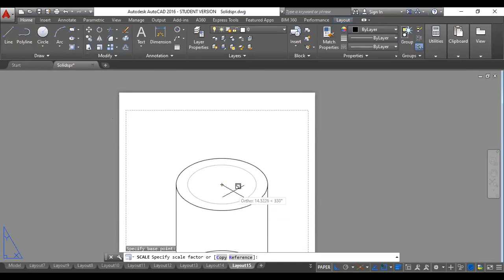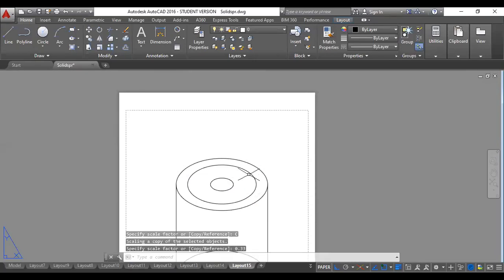If you directly scale it, this base itself will get converted into 20 mm. I don't want that. I want to copy the 60 mm and then scale it to 20 mm. So I'll click on copy first. Once I click on copy, I'm going to give the scale factor as 0.33 and press enter.